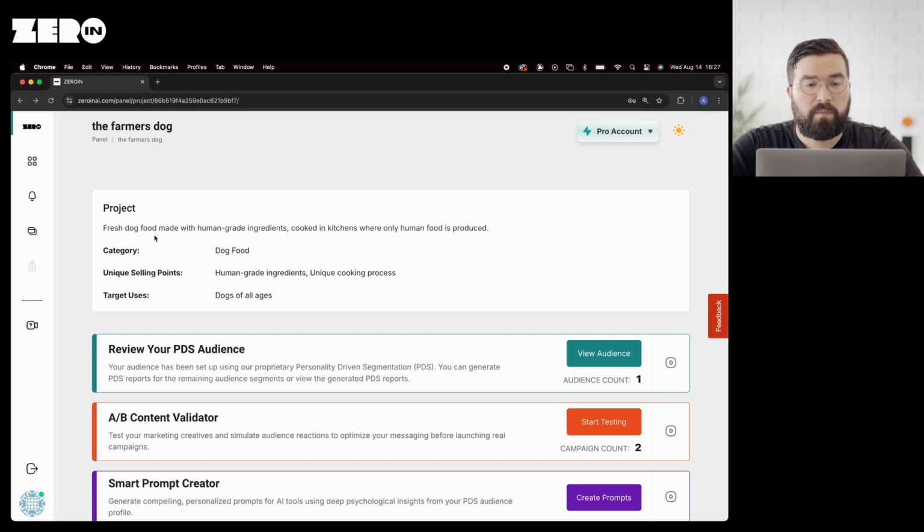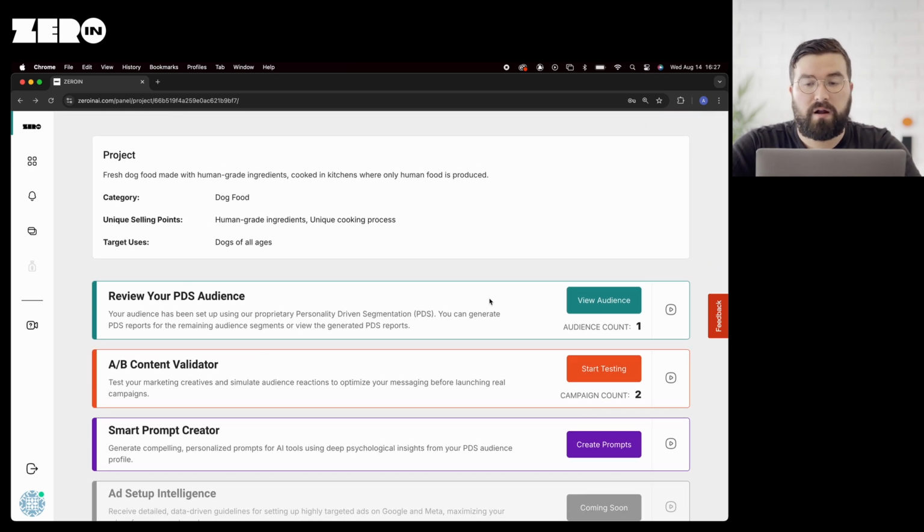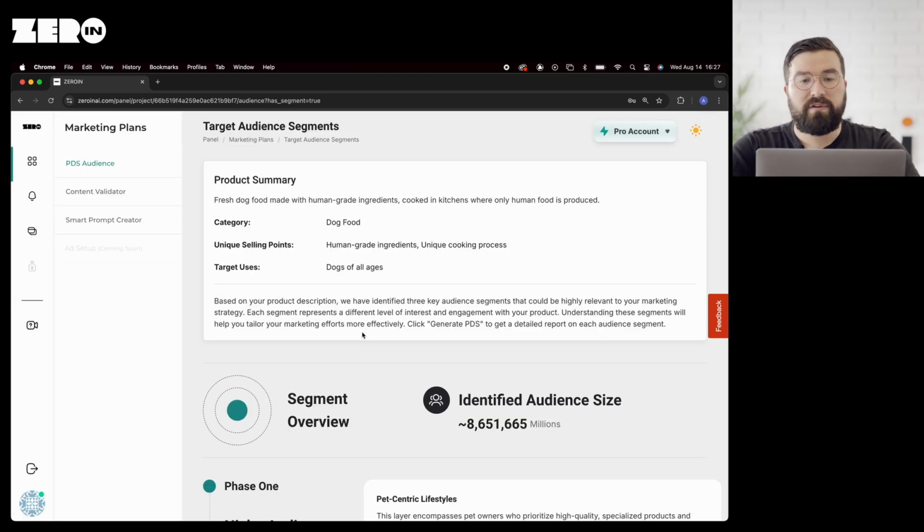All right, so now that we've had that conversation with the AI, it's really been able to give us a report for our project, and you can see up here at the top, it's going to tell us what the project is and a brief description of what the product is, the category, unique selling points, and target uses. And the next step in the process is really to understand that audience. So you can review your PDS audience by clicking View Audience,